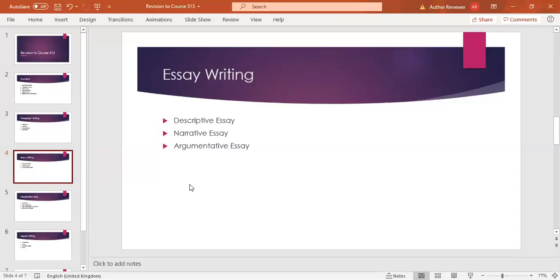Major types that we have discussed in our classes: the first one is the descriptive essay. How can you write your descriptive essay? How can you develop it? How can you develop different ideas? How can you add your sensory details here? And then the narrative essay. You all have written a narrative essay as your assignment as well. And the argumentative essay. We don't put too much stress on the argumentative essay, but we have discussed this topic in our classes as well.